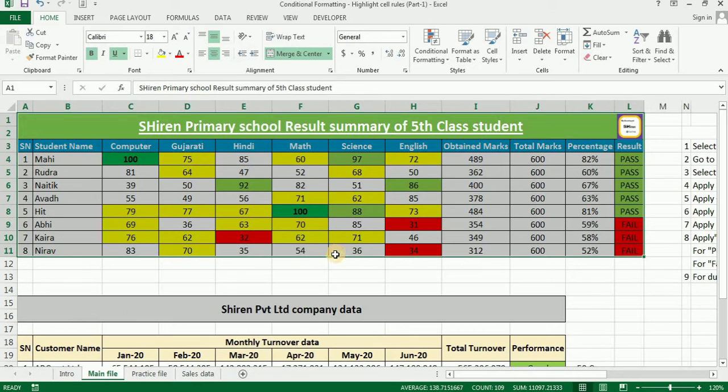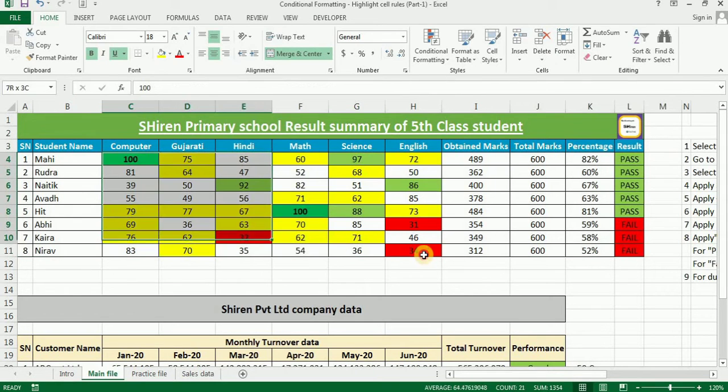So friends, you can see here an example of the summary result. I have already applied some conditional criteria and the formatting has been applied based on it. Let me show you some of the things. Like you can see, whoever has achieved 100 marks,